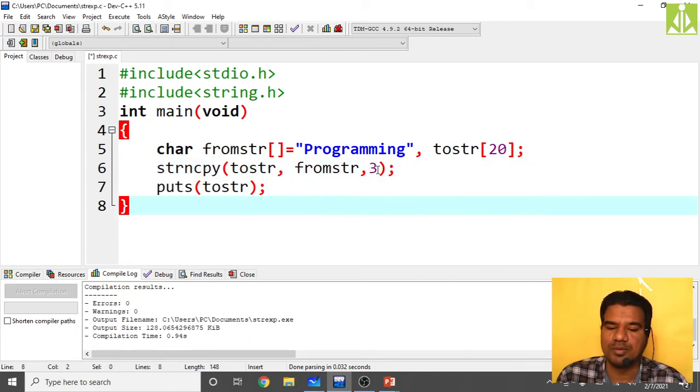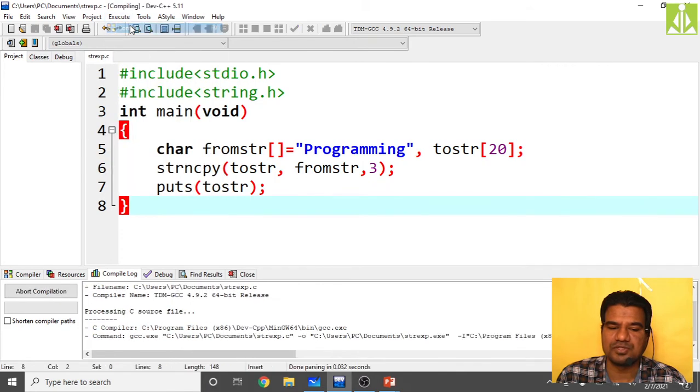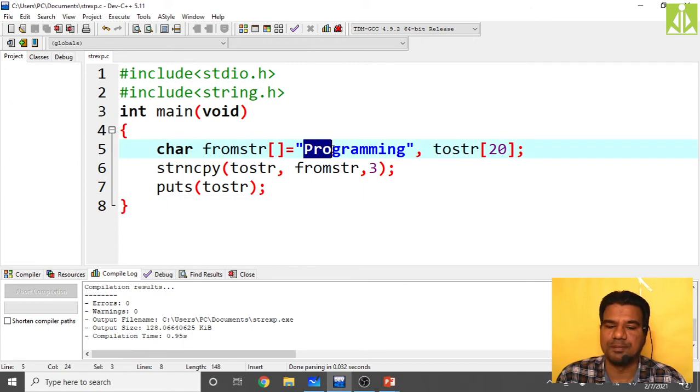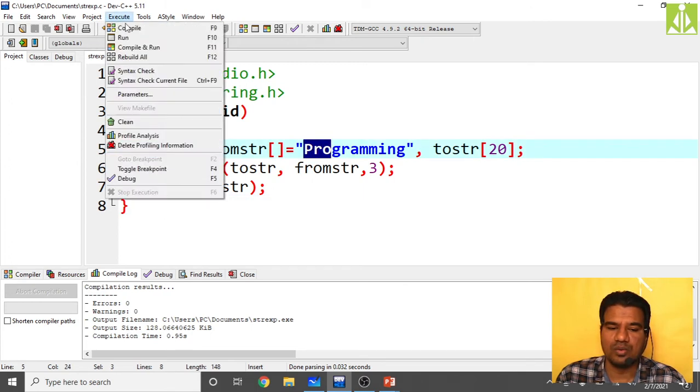If you copy 3 characters from string into to string, how many characters will it copy? The first 3 characters, "pro". It should copy "pro". Let us see.